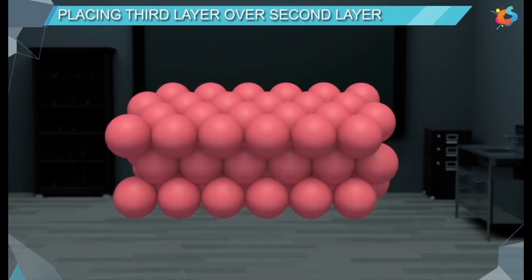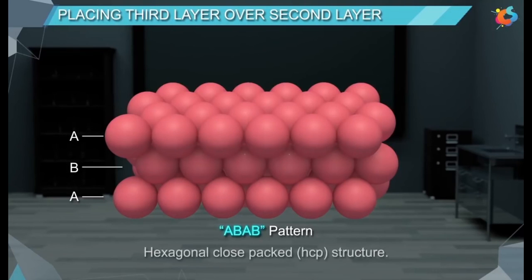So, if we call the first layer as A type and the second layer as B type, then the third layer will also be A type. As the pattern of spheres is repeated alternately in other layers, this pattern is known as ABAB pattern, and the structure formed is known as hexagonal close packed HCP structure.